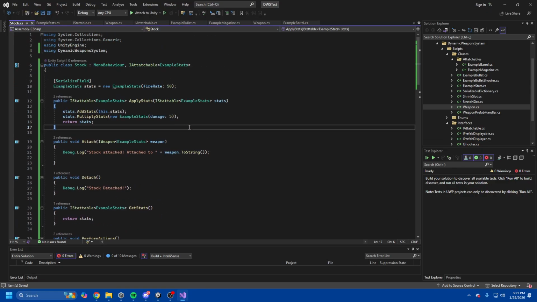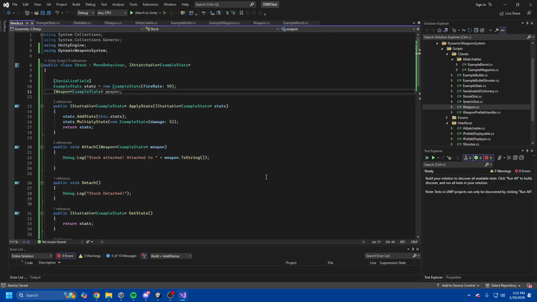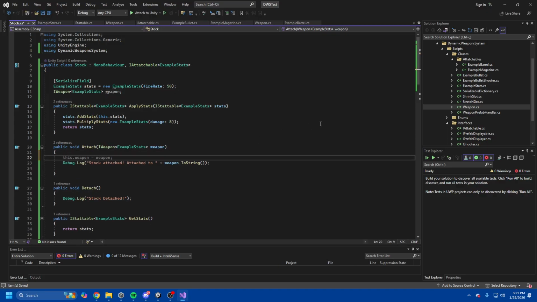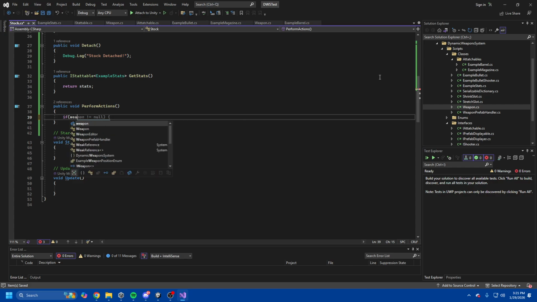So when we attach to the weapon, what we can do is create this iWeapon example stats, and we're going to get a reference to the weapon we're attached to, and then when we perform the action, if the weapon is shooting,